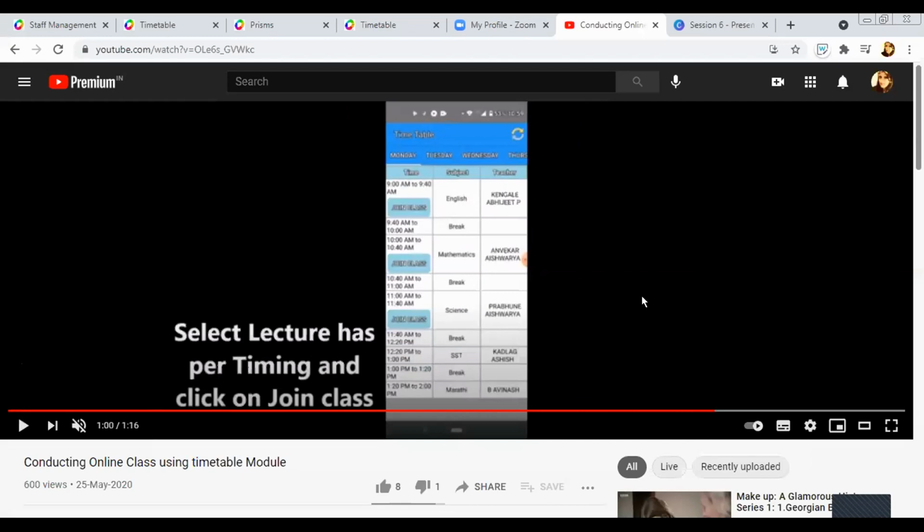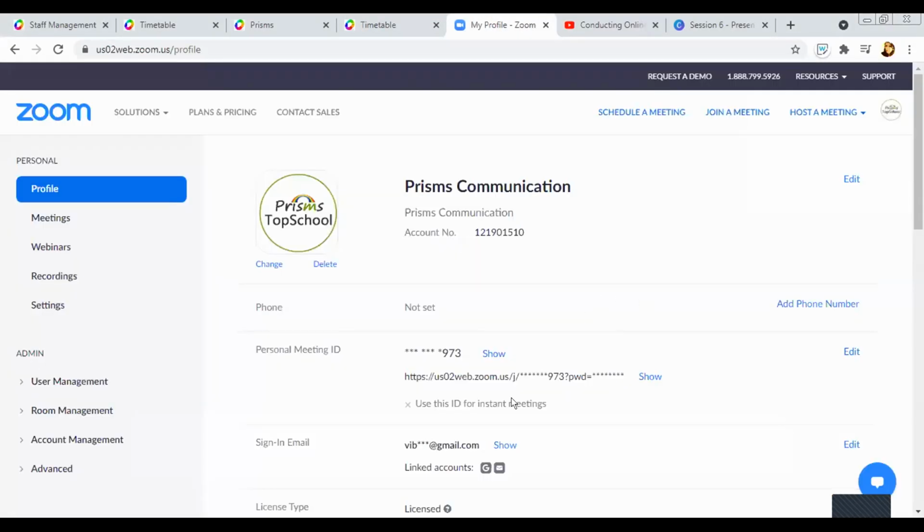First, you need to choose a platform. It can be either Zoom or Meet. What teachers need to do is share their personal meeting ID with their respective school admin. For example, I'm opening mine in Zoom. The personal meeting ID is the one that is shown below your profile. If you're using the Zoom app, then in meetings, above you'll be able to see the personal meeting ID, and you can share that invite with your admin.